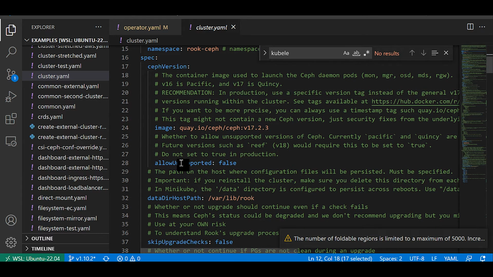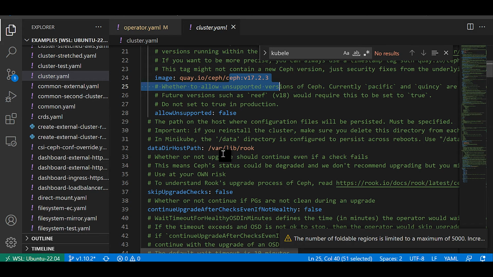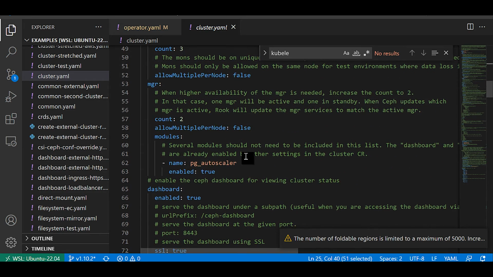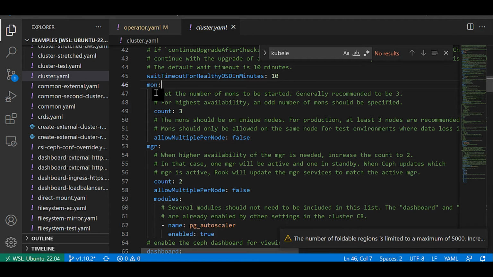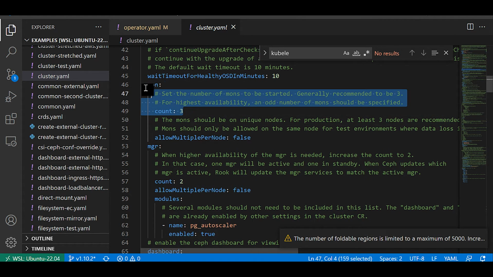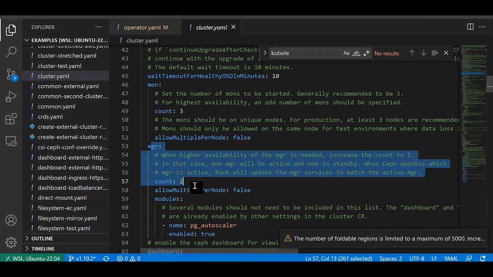Here we are using Ceph 17, so those are the images we are using, and there's a data path in /var/lib/rook where some metadata information will be stored. So when you clean up the Rook Ceph cluster, we need to delete this directory location on each worker node. That's important. And apart from that, here they mention how many monitoring pods will need to run for the Ceph cluster. So here 3 monitoring pods will be running and 2 managers will be running. Again, these are all part of Ceph terminology or Ceph architecture.